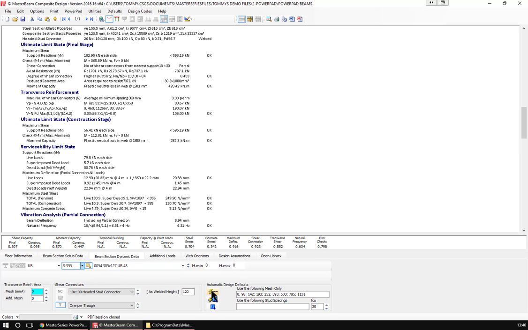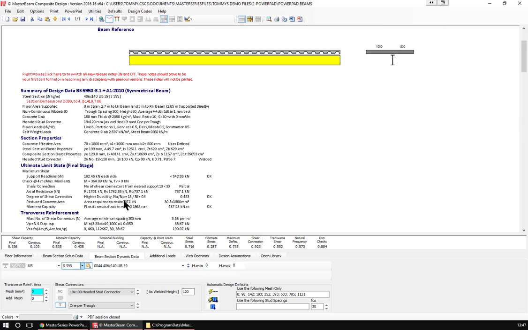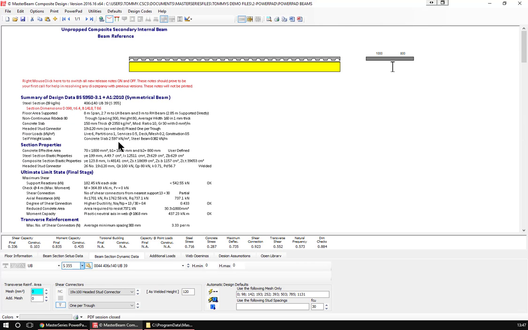And if I asked again, a 406 ever so slightly lighter works, and I actually think it's a better section because it's the 140 wide. So composite is very, very straightforward to do for primary and secondary straightforward beams. And I'm just going to come out of the composite